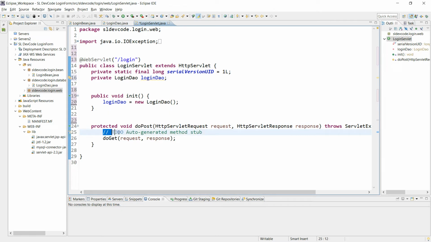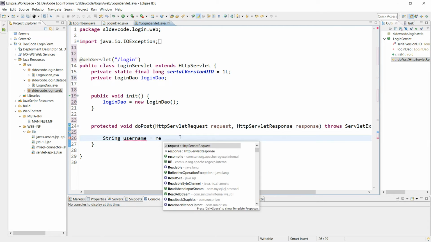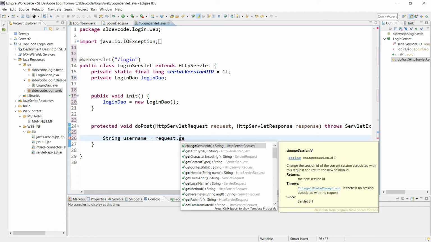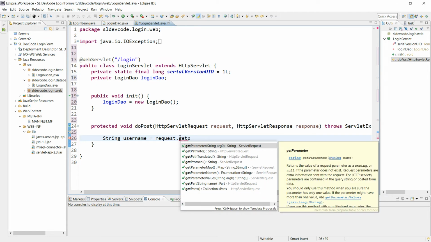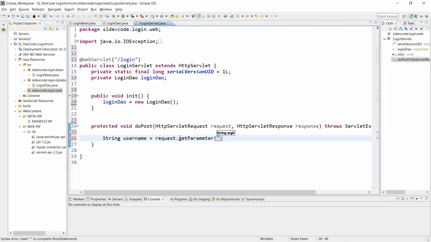So this is the doPost method. Whenever the user submits the login form, this method will process and give the result. Now I am going to get the request parameters and set the username and password.